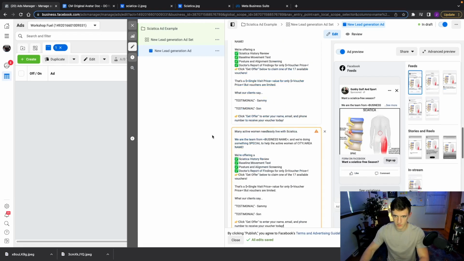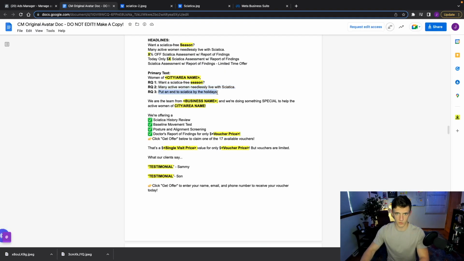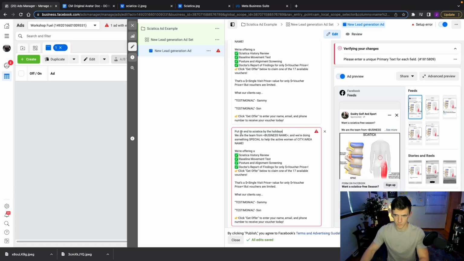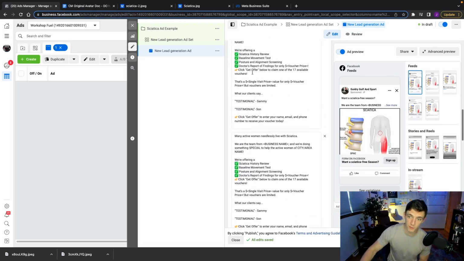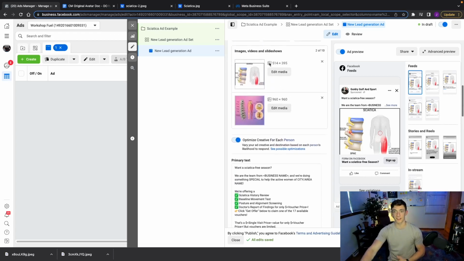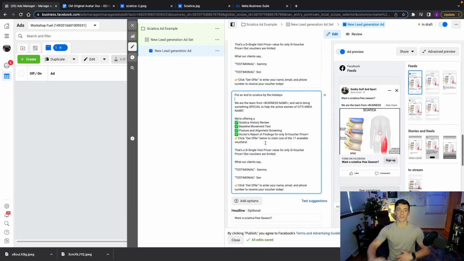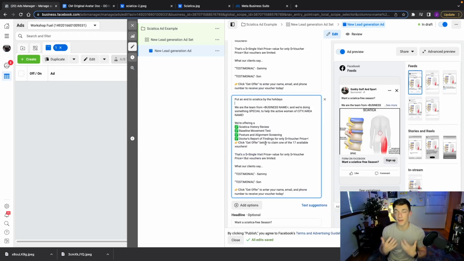This is down here. Grab the third relatability question. And just like that, we have 3 different body texts that Facebook is going to split test with these 2 different image variations, as well as these 3 different headlines, giving us multitudes of ad variations that Facebook is going to mix and match to find out which one of these is going to be the most profitable